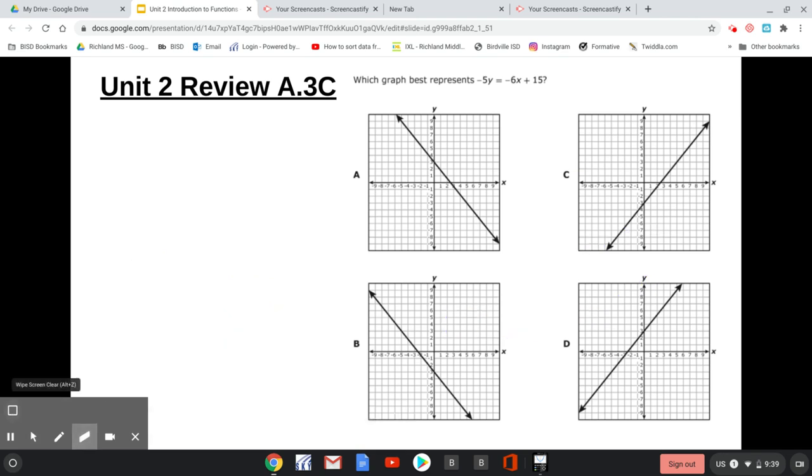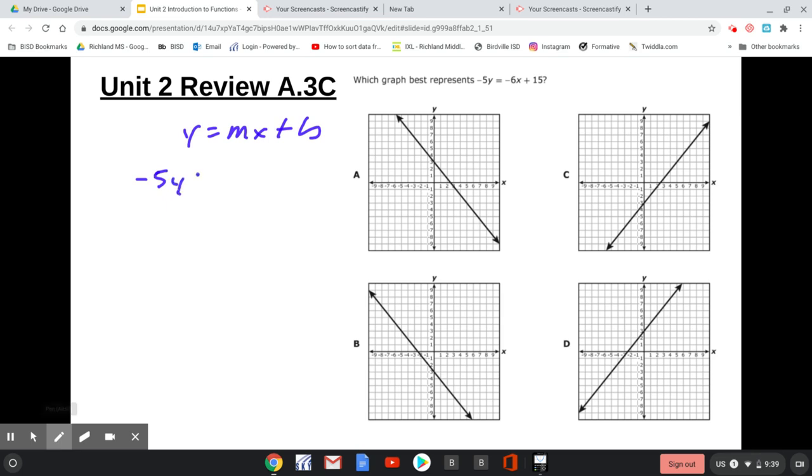Which graph best represents that equation? So we need to write this as y equals mx plus b. So I'm going to rewrite that over here. I have negative 5y equals negative 6x plus 15. So I need to get rid of the negative 5. So I'm going to divide by negative 5. And if I do it there, I've got to do it all the way across. And that goes away. So now I have y equals